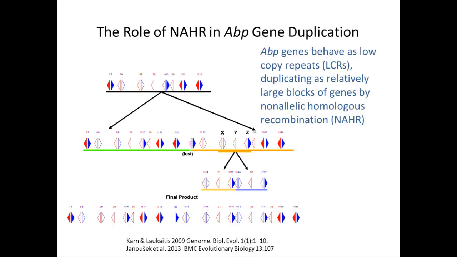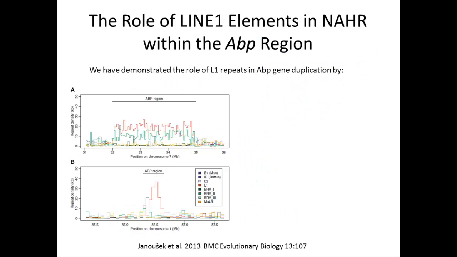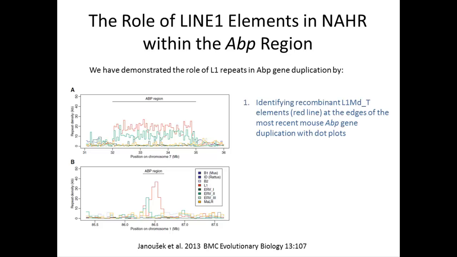entire ABP gene region. We contrasted the repeat density in 50 kb non-overlapping bins in the ABP gene family regions and in flanking regions 1 megabase proximal and distal to the gene regions. L1-MDT repeat families were found to be high in densities in the ABP gene regions. The densities for the L1 repeats were more than 10 times higher in the ABP regions than the flanking regions, and this family covered on average more than 30% of the 50 kb non-overlapping bins from the ABP region in